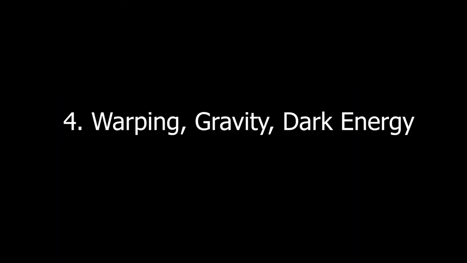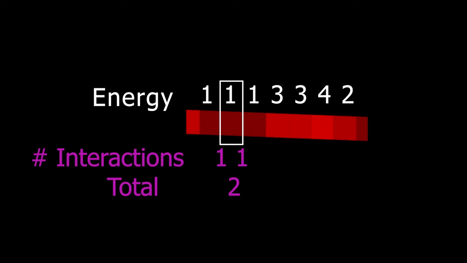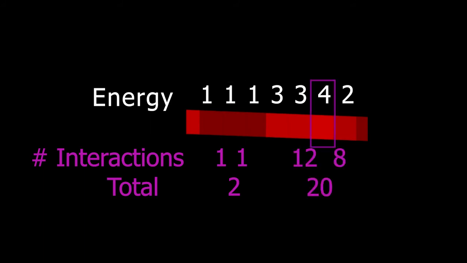Physics emergent from Big I2. So let's start with warping. We know from general relativity that space-time warps. Why does it warp? Something to do with mass and energy? High energy members of Big I2 have more possible interactions. The lowest energy members, energy 1, can have as few as 2 possible interactions if their adjacent members are also energy 1: one possible interaction to the left and one to the right. A region of high energy members has a lot more interactions to contend with than a region with the minimum